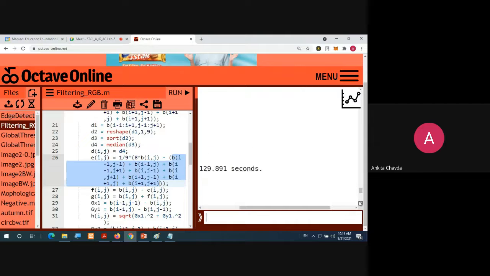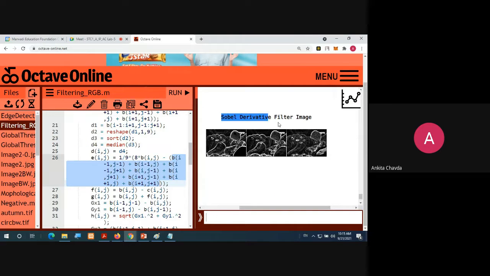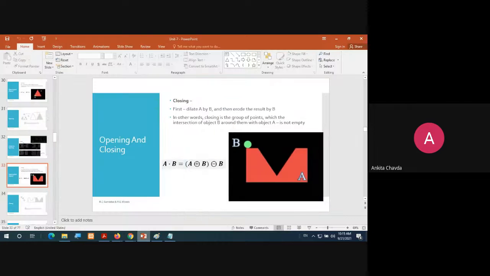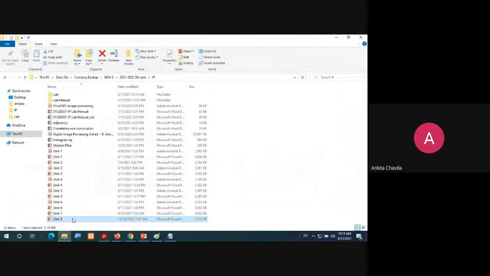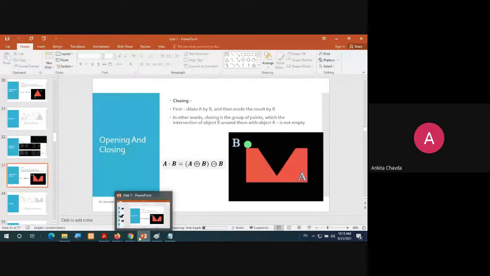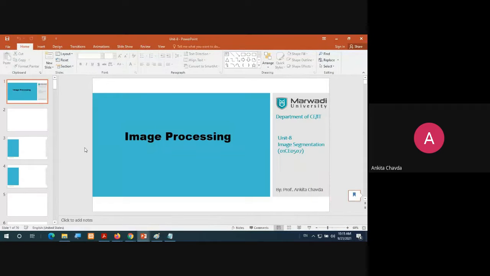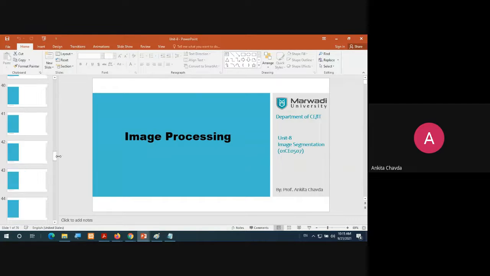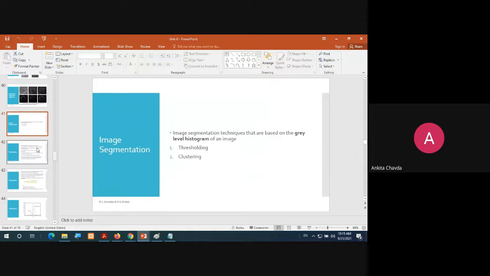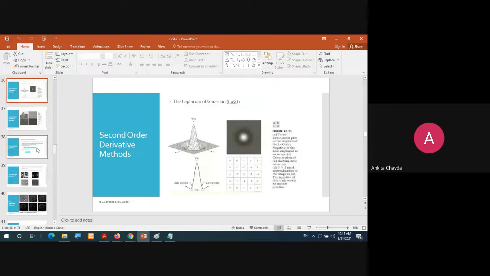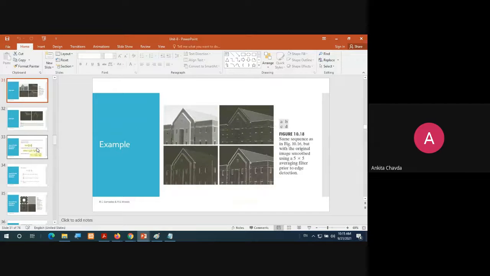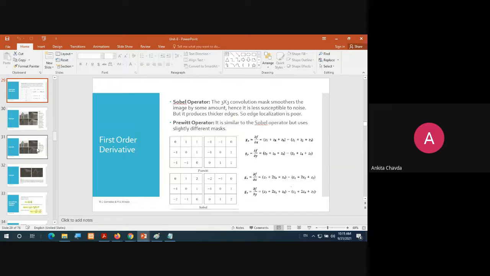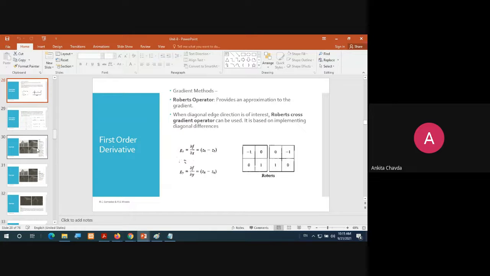And this is the Sobel derivative filter image. So this is Roberts derivative.